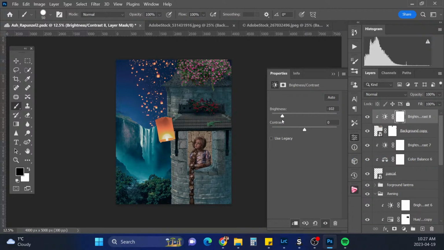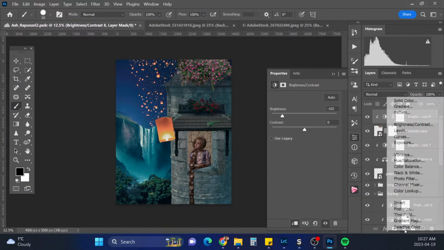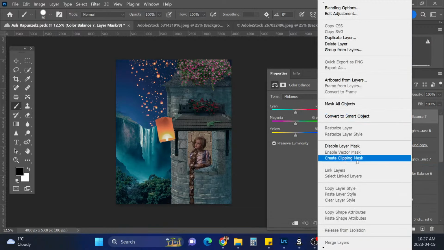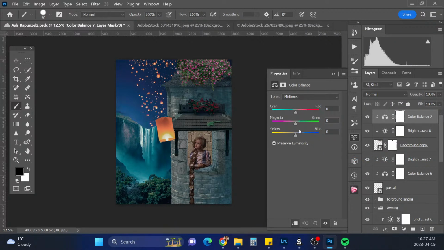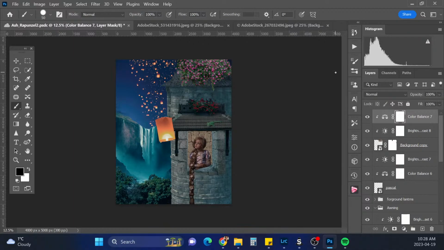Bring the brightness down. And another color balance, and clip that to it. All right, right about there.